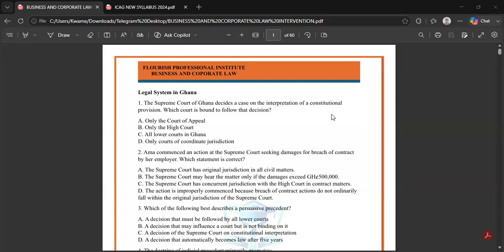Like I said earlier, when you're doing objective type questions, it's not about reading question one, deciding the answer is B or the answer is A, and then you move on. No. Why is the answer A? That's what you should ask yourself. In trying to find out why the answer is A and not B, C, D, it will lead you to further issues, because you are not likely to meet the exact same question.